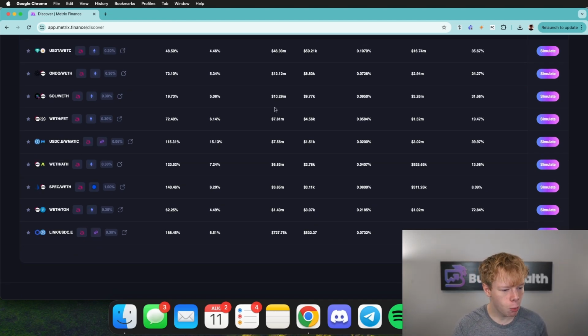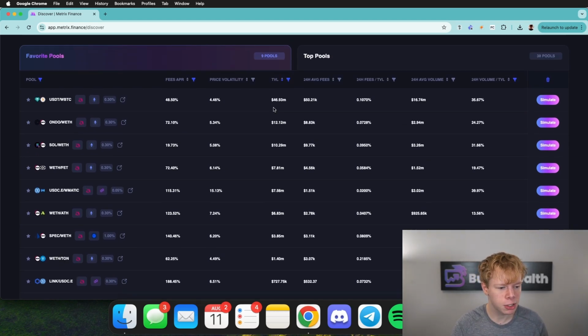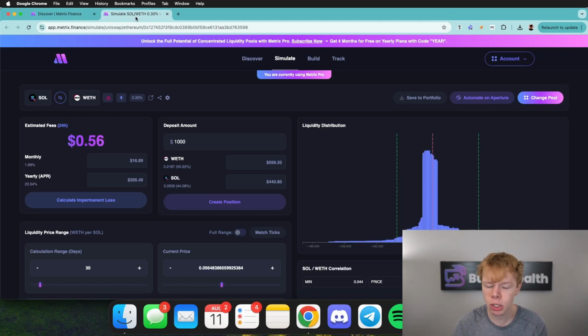But to dive back in, I want to start to narrow these down because 9 pools is going to be a lot to actually deploy into right off the bat. So what I'm going to do is check out this Sol to Ethereum pool. There's not much we can do with Sol over on Uniswap except this Wormhole version of Sol, which basically means that it's wrapped. And it looks like at the moment somebody has a very tight range on this liquidity pool,